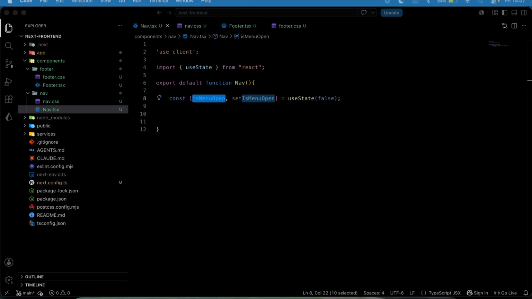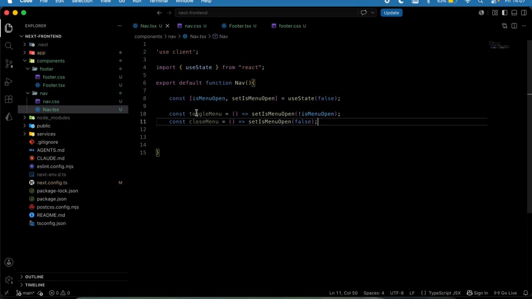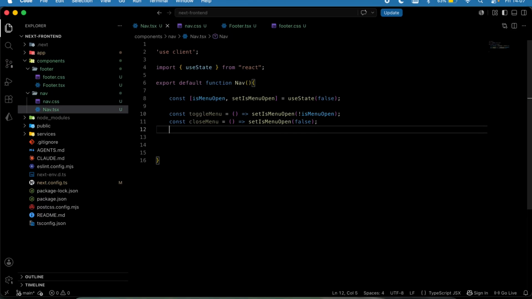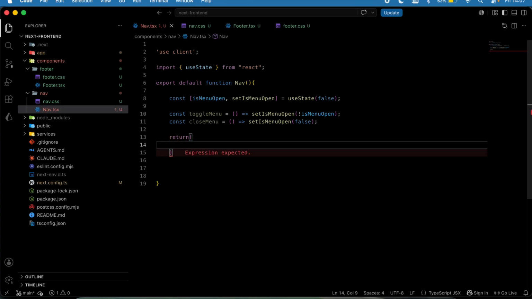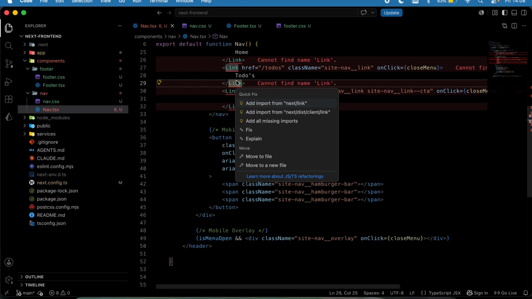And let's also have a toggle menu, and then a function to close the menu, as we want to be able to close the menu. So having done that, I'm just going to return my template, which we call our HTML code or our UI, by saying return. I'm just going to have everything up, and then I'm going to explain what happened. Again, we don't want to waste time on this. We just want to show how this can be done and how the view will look. So I'm going to have my HTML code up right there,